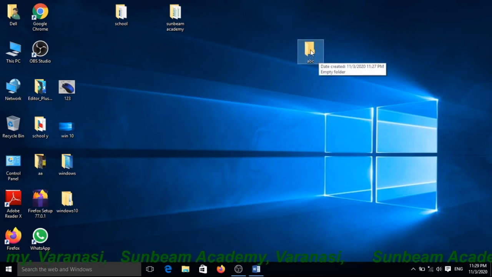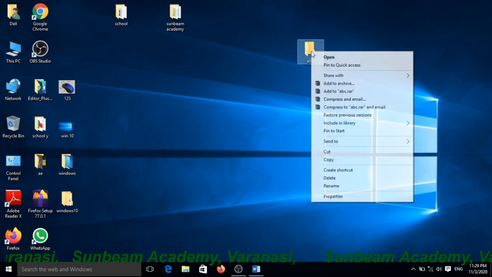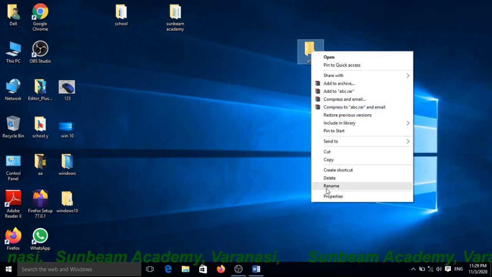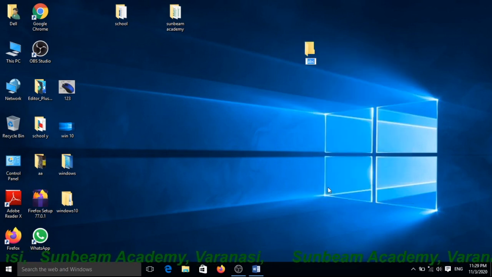How? First, select that folder which you want to rename, right click and choose the rename option and type XYZ. You can see the folder's name has been changed into XYZ.